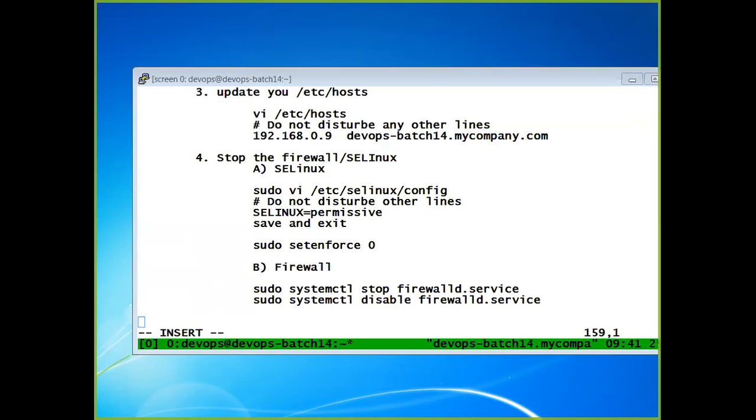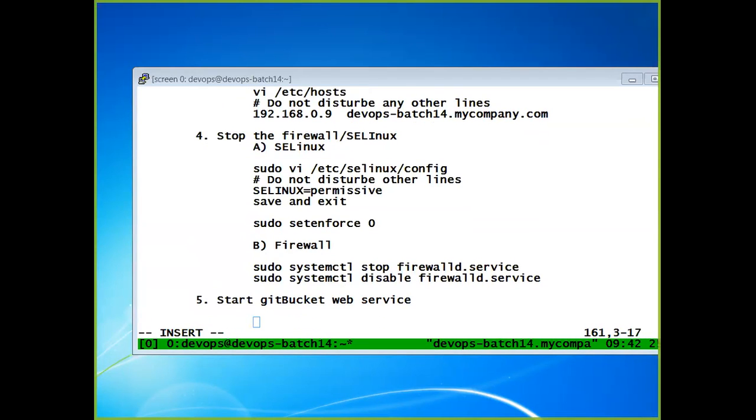Now, last thing, you will start the GitBucket web service. We'll say java -jar gitbucket.war.